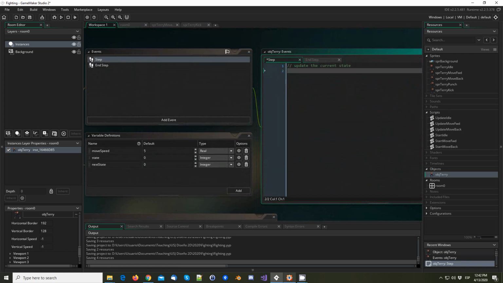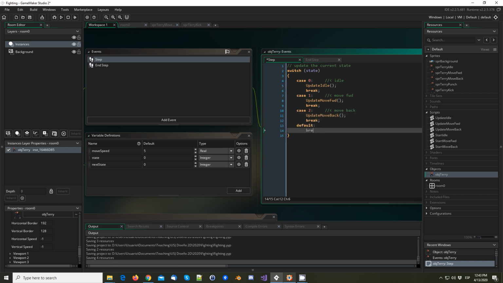So switch state and case 0 idle, update idle, break, case 1, which is going to be move forward, case 2, move back, update, move forward, update, move back. We're gonna add a default with an error message saying